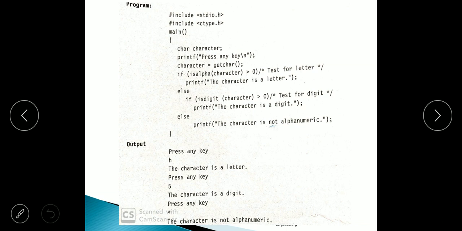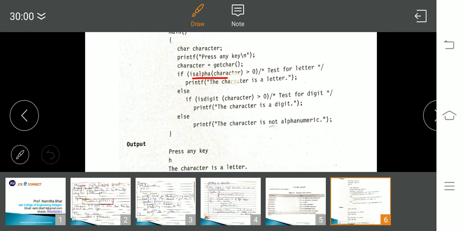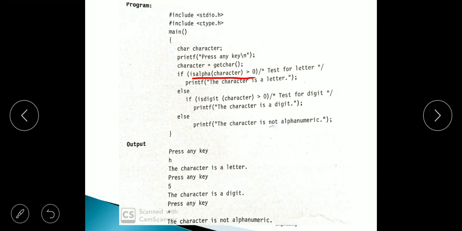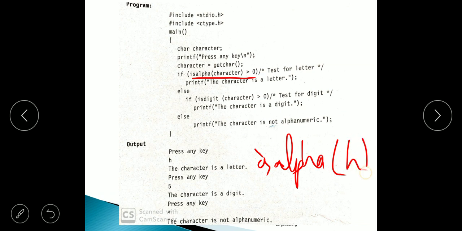Yes, because isalpha of H will be evaluated to true, as it is an alphabet. That's why this statement will be displayed on the screen: the character is a letter.